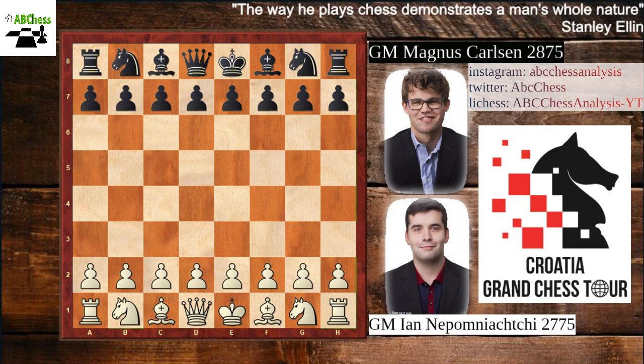We are in round 7 of the Grand Chess Tour in Zagreb, and this is one of the most exciting games from that round. We have with the white pieces Jan Nepomniachtchi and with the black pieces world champion Magnus Carlsen. Jan opens the game with e4, Magnus plays his best weapon, the Sicilian with c5, and then we